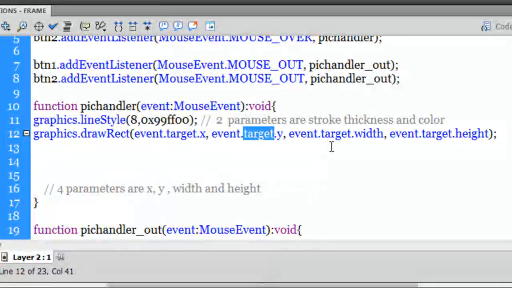So guys, event.target actually means btn1 or btn2, but if you have multiple buttons, if you have 10 buttons, it can be substituted for btn1, 2, 3, 4, 5, 6, and so on and so forth. So you can actually not use the instance name, but instead use the event.target